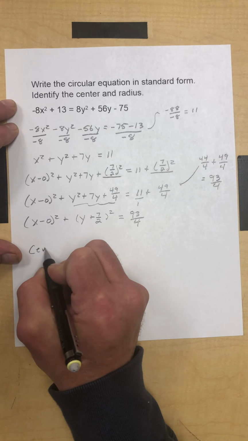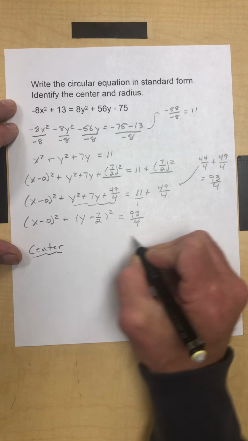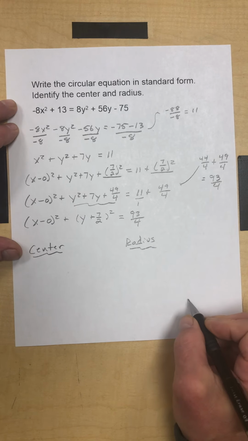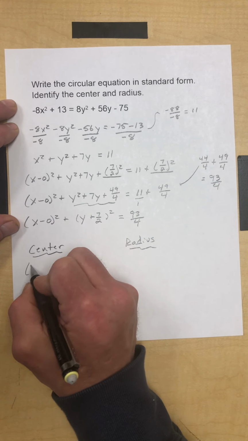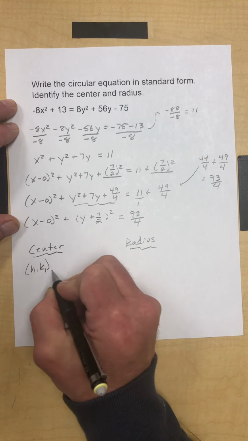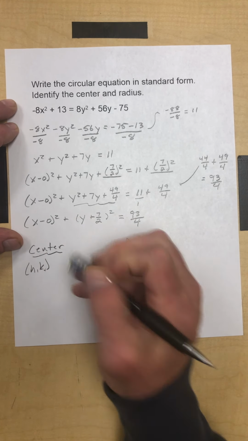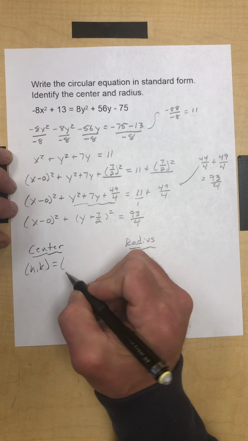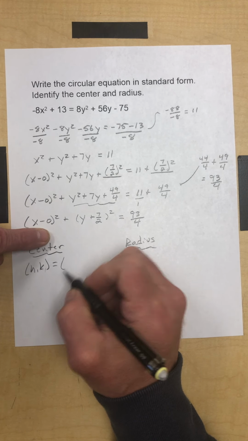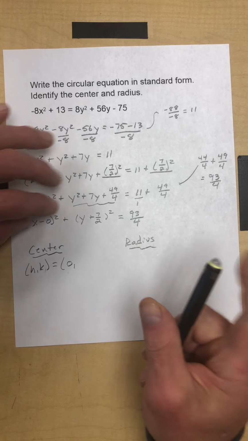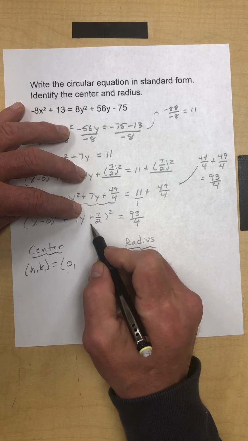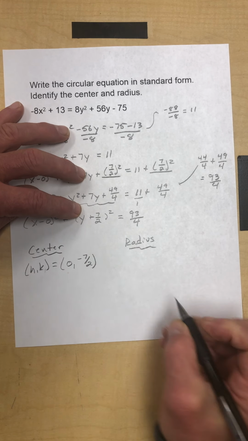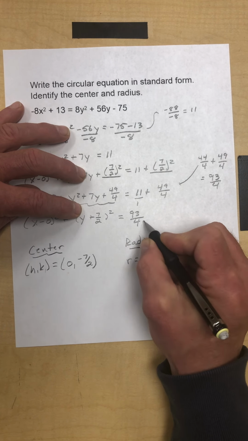So we've got to come up with our center and our radius. Okay, so the center here, my h, k. Oh, I don't need a comma there. What would I do that for? Okay. All right, so let's see. It's x minus h, so h is 0. And it's y minus k, so that'd be y minus a negative 7 halves. So my k is negative 7 halves. Okay. Then my radius is the square root